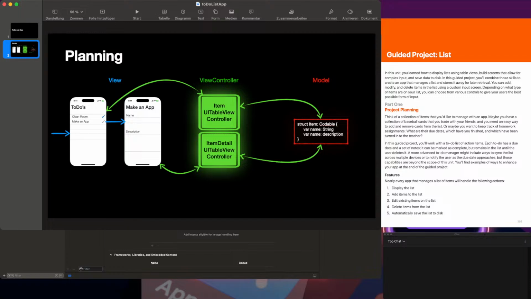And the model will be just a single to-do list item, which, for example, will have a name and a description. Okay, so this is it for our planning,